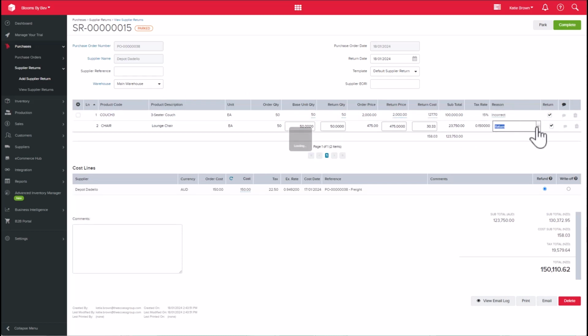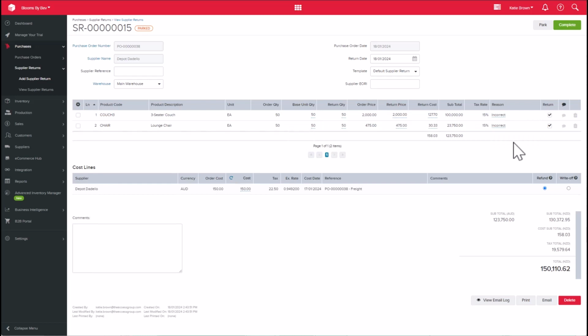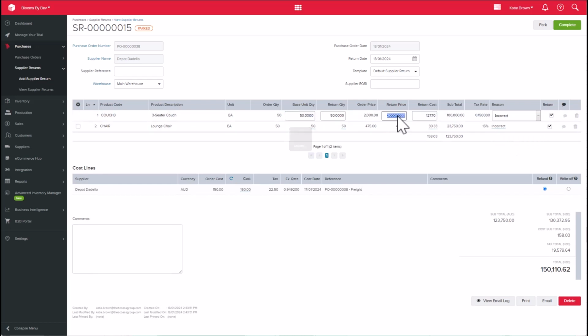which can be set up under your system settings. You can return order price and/or stock. The quantity field will determine the unit quantity of the return, whether you choose to return price or stock. If returning price, enter in the unit price, and if returning stock, tick the return checkbox to return the order/unit